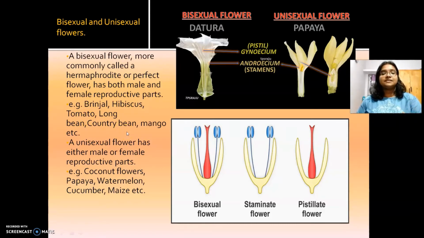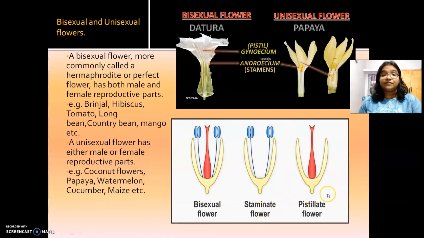Whereas in some cases, you could not see both the sex organs in the same flower. They are placed in different flowers. So a flower with either the male or female reproductive parts, we have to call a unisexual flower. Examples are papaya, coconut flowers, watermelon, cucumber, maize, etc. In such cases, in unisexual flowers, you could see the male one as staminate flower, and we call the female